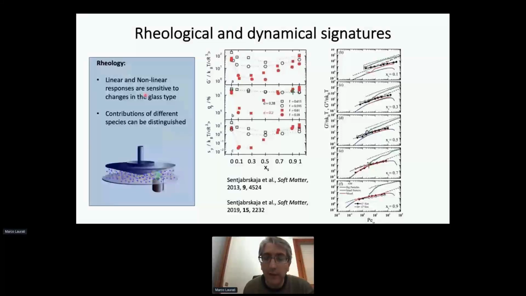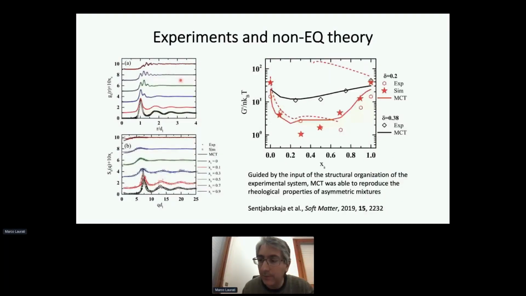So now, I think the other important bit is that the combination of these different inputs from the experimental techniques can be used then to understand our findings based on non-equilibrium theories of the glass transition. Here again, an example in which we used the structural input coming from confocal microscopy and the rheological measurements that